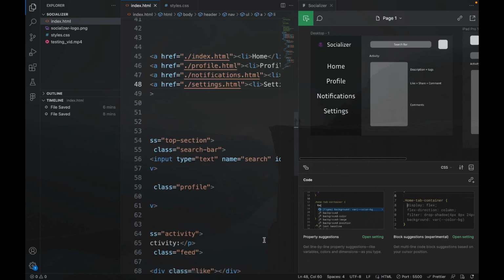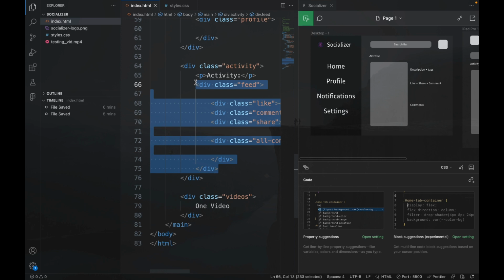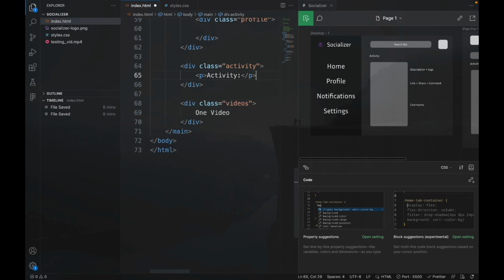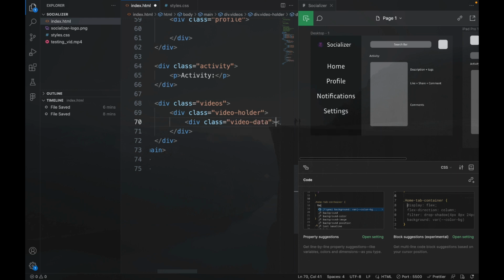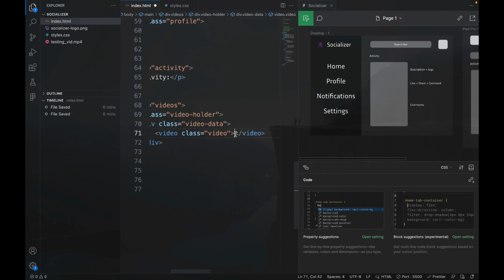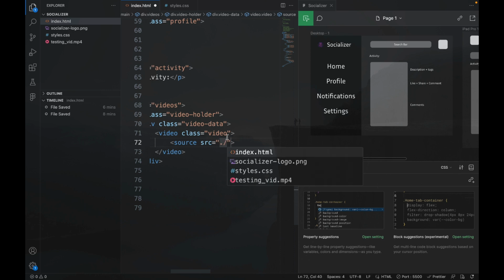In the index.html, instead of having this video, also I'll get rid of this feed. I don't know why I put it here, because the feed should be in the video section. I'll have a div which will be the video holder, and div.video data, which will contain the video and the caption. Or I guess it should only contain the video. Video.video. I'll have a video which will have a source of / I have already a testing video here,